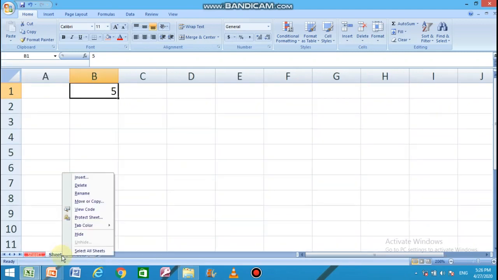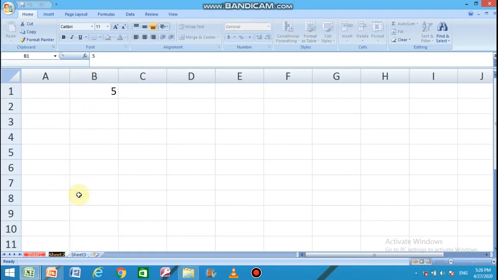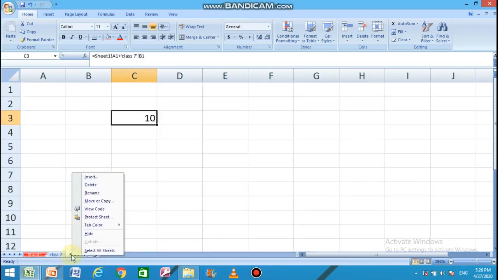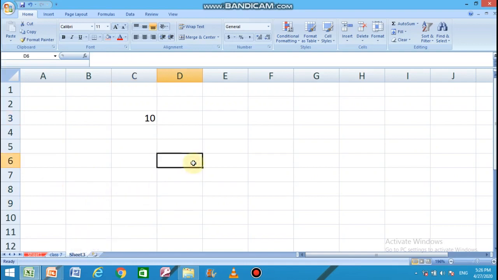If you want to rename the sheet, right click here, select the rename option and then type a name for it. In this way you can rename the sheets. Also, there are options to insert or delete sheets. So in this way you can switch between different sheets according to the color and name specified for them.